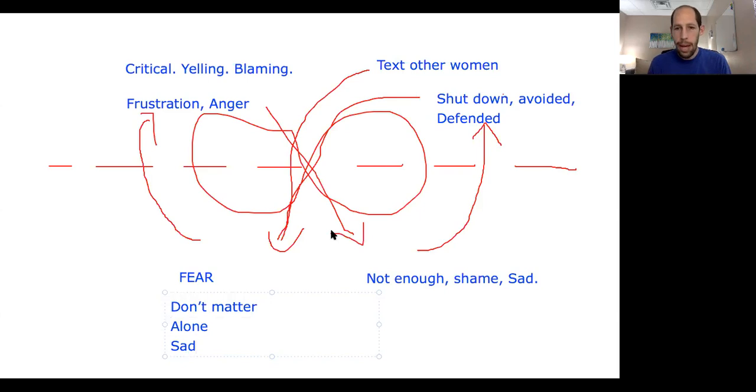And so as we spent some time with this, again, there's this big picture view here. The goal in EFT, or in couples work, as I like to work with couples on, is to help them get in touch with what's underneath the surface. Because being able to share what's underneath the surface creates a totally different interaction. So instead of her yelling and blaming and being critical, and then him defending and avoiding and saying it's not that big of a deal, they get stuck there, just as any couple would.